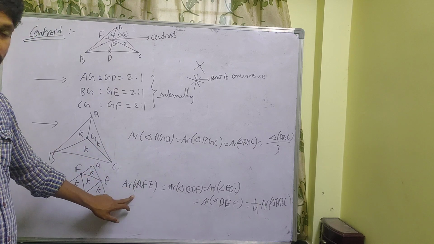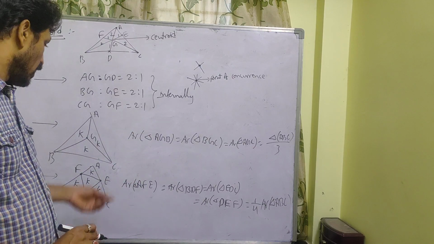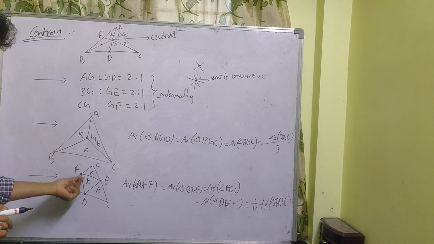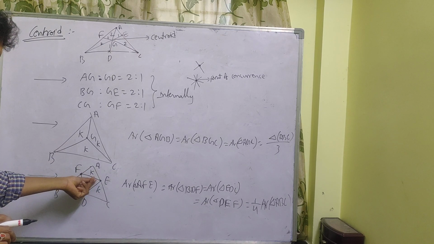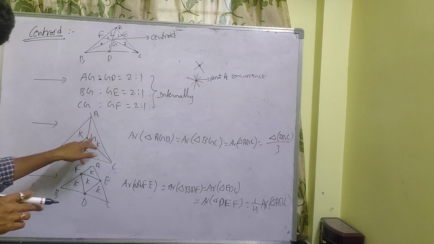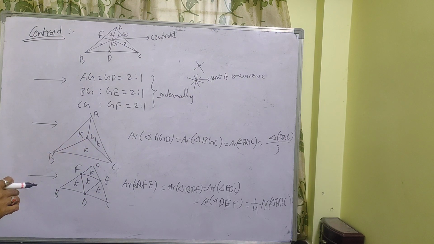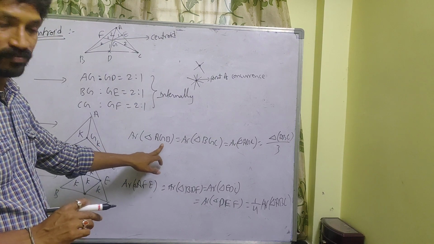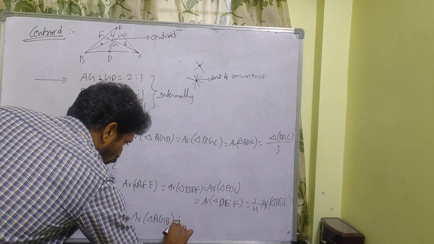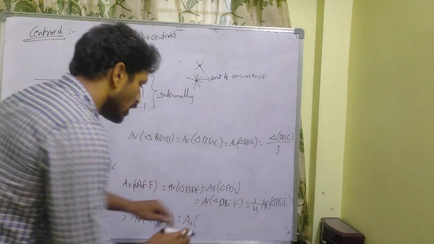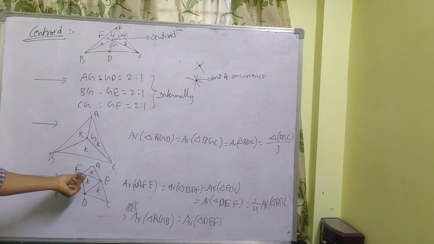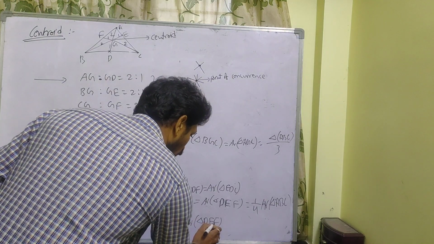Based on these two, we can conclude one thing. Any one of them you take, the area of triangle AGB or AGC or BGC, and the triangle formed by joining the midpoints, DEF, we can get a relation between them. This is one of the important notes. Just remember, the area of triangle AGB is to the area of triangle DEF is equal to, what can you conclude here?